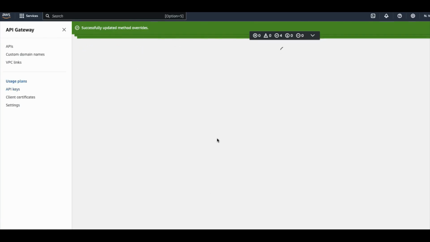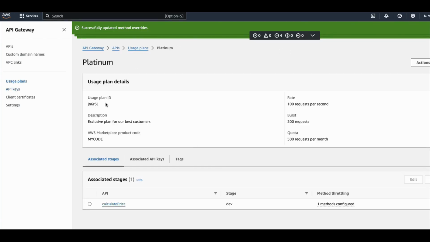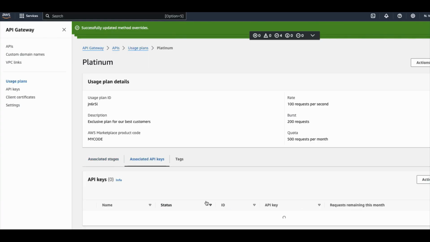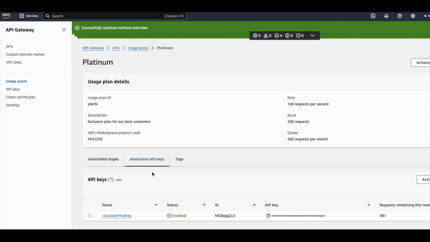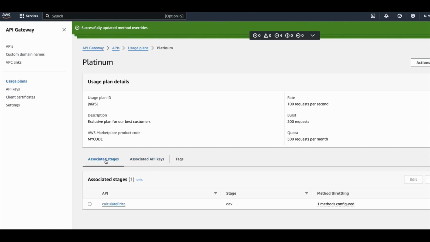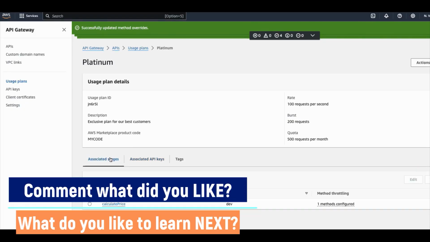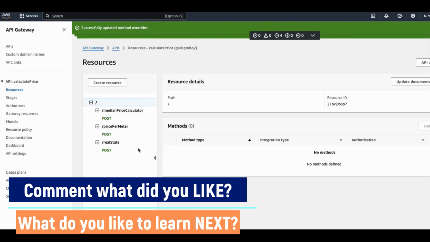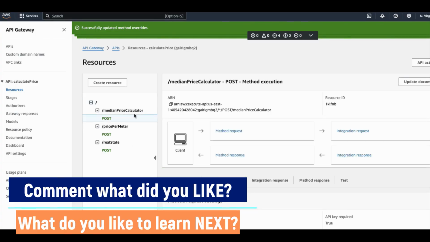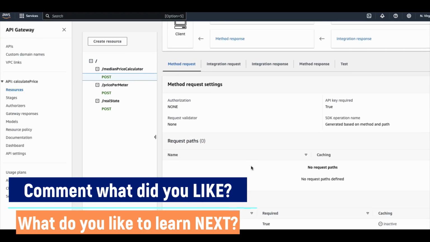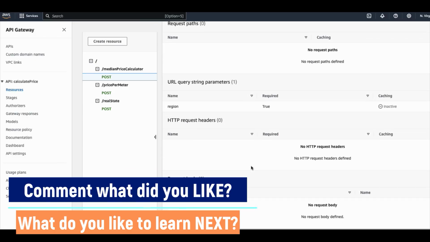So if I click on this, you can see this is the usage plan, and this is the stage that it is associated, that's a dev stage. Okay, and this is the API key that we have created and associated with this particular plan. So that means when a user sends a request with this API key, automatically this plan is applied, and this plan is applied for this stage. Okay, so this is a stage at which it is applied, and individual method also we have applied this. Okay,